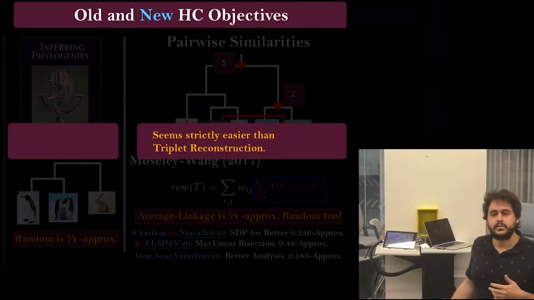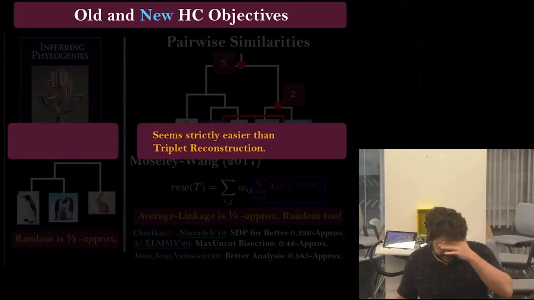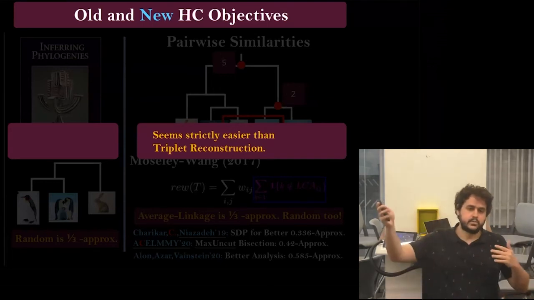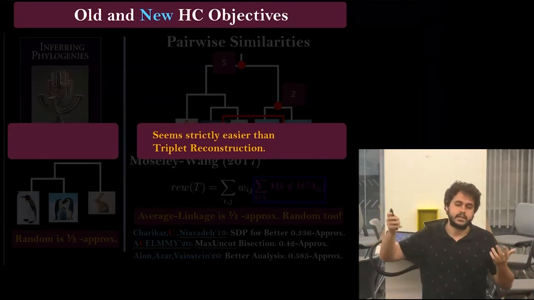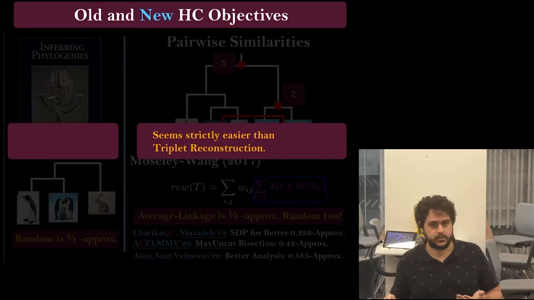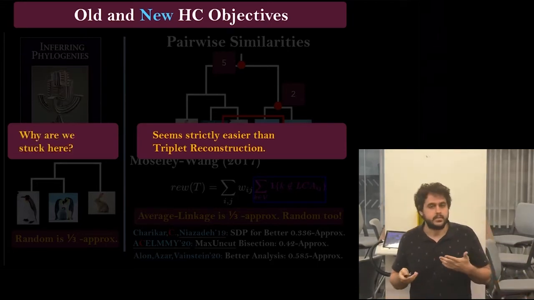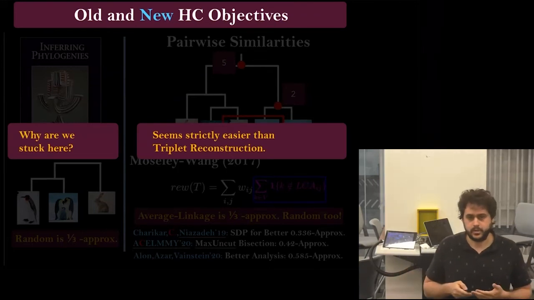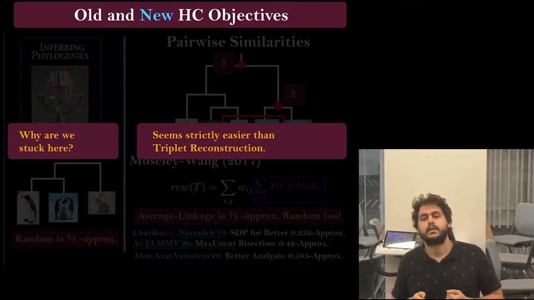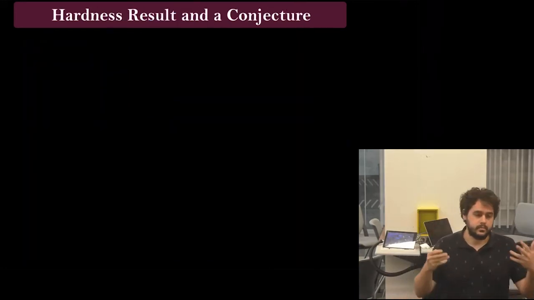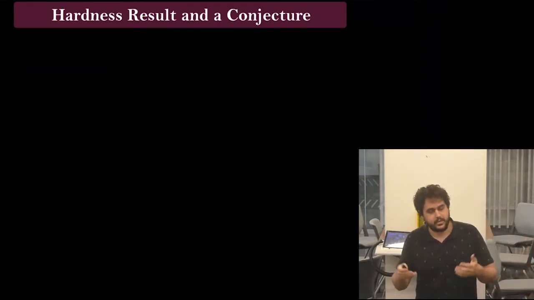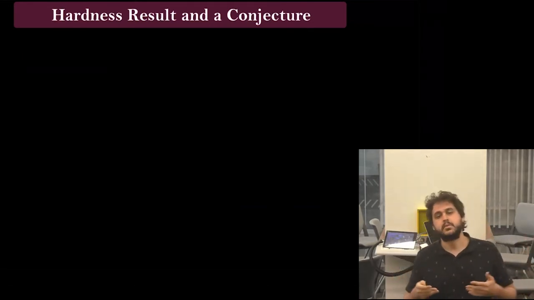Yeah. So the story so far goes that on the right, we have these pairwise objectives, and they seem to be strictly easier than the triplet construction. And we would like to understand why in the triplet construction there hasn't been improvement. So that's what I want to tell you a bit more about,